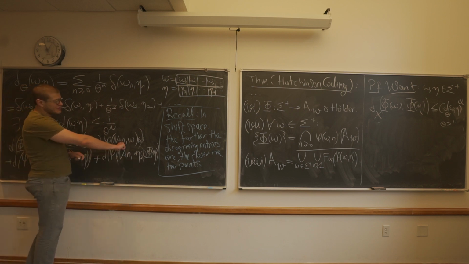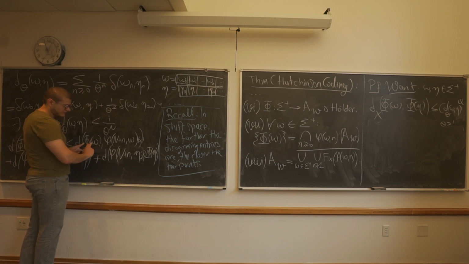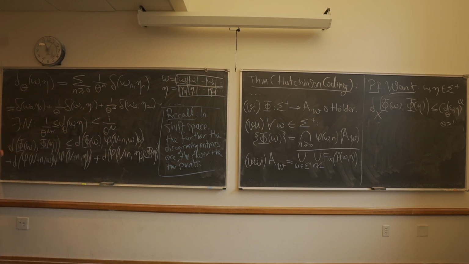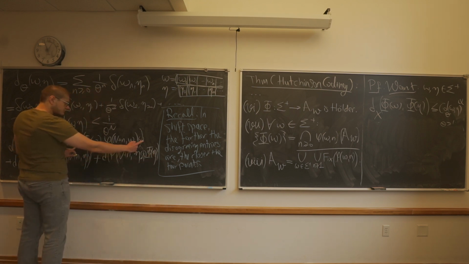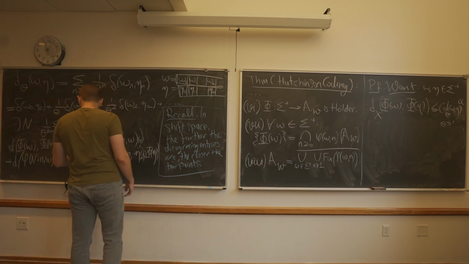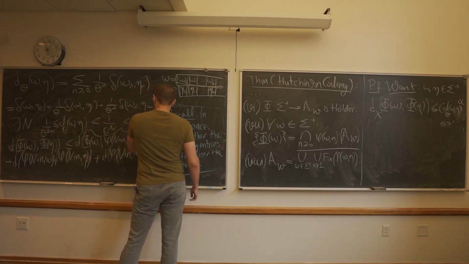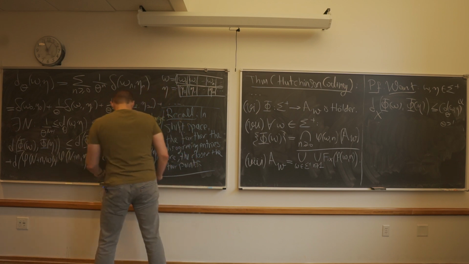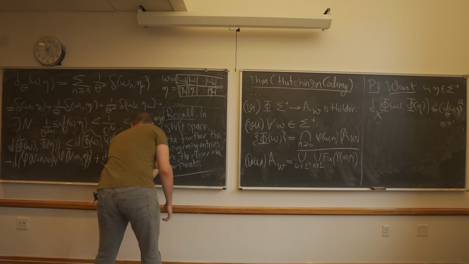I know that as I take lowercase n to infinity, this term converges to this. After all, this is, by definition, the limit of the sequence as this goes to infinity. And likewise, this term, you see, is going to converge to this. So this distance, I can bound by epsilon if I choose lowercase n large enough. And likewise, this term too is less than epsilon if I were to choose lowercase n large enough.